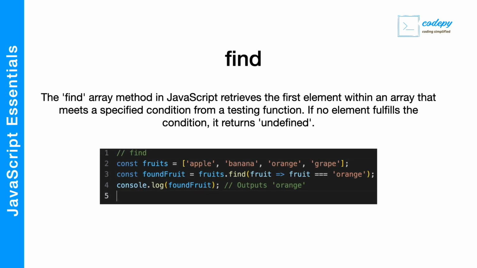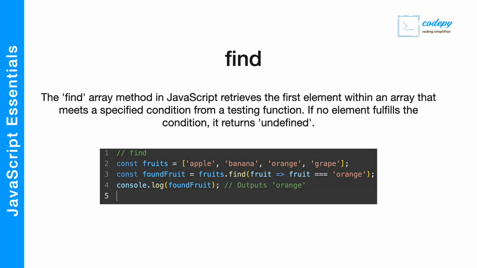Find. The find array method in JavaScript retrieves the first element within an array that meets a specific condition from a testing function. If no element fulfills the condition, it returns undefined. So here we have a list of fruits and we are going to find a specific fruit, and that is